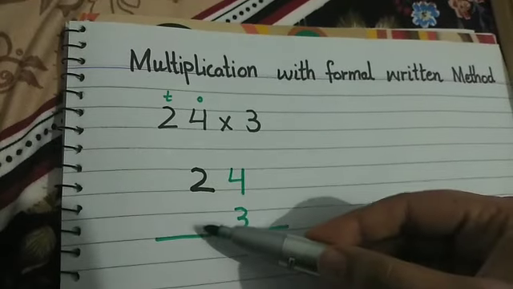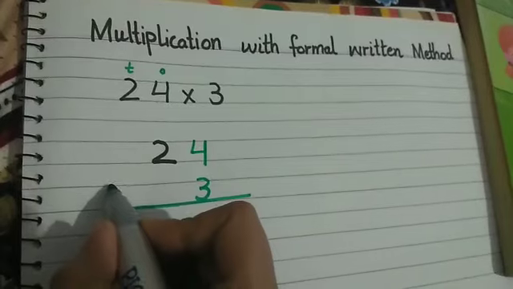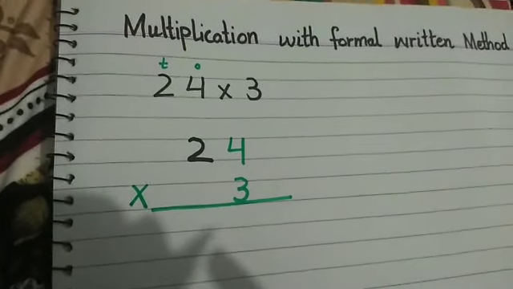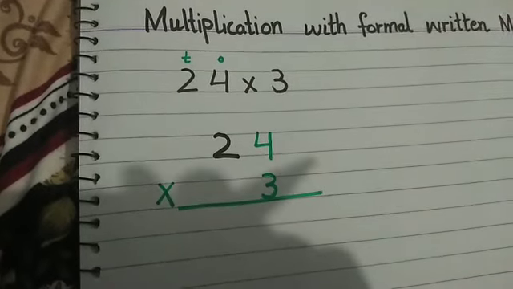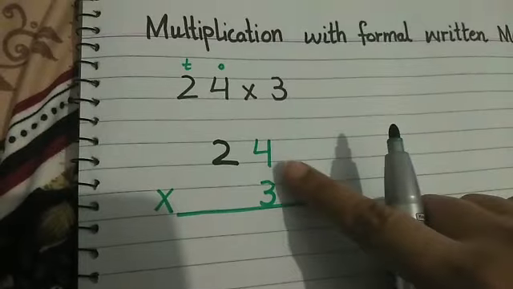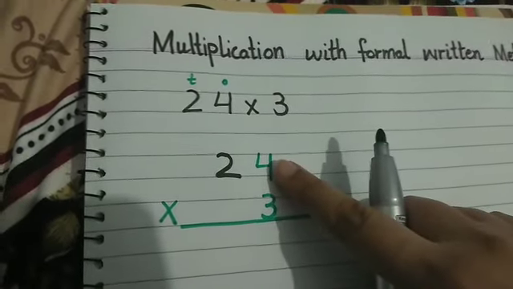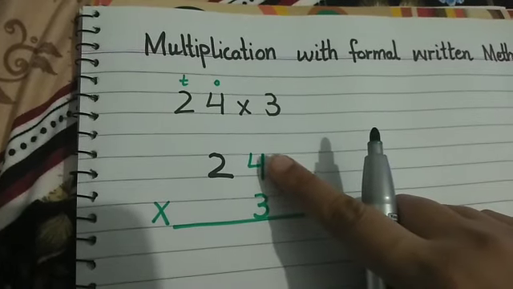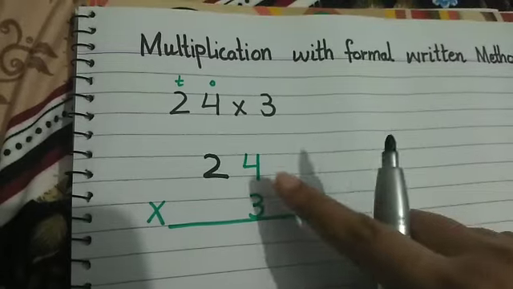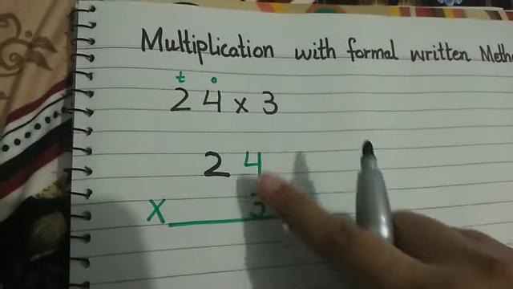There is no tens over here, so we are going to write here, and now we are going to place a sign of multiplication, that is times. How many times are we going to multiply? But as you know, multiplication is also called repeated addition. So 3 times 4 means that we are going to add 3, four times. We can also do it as 4, three times. That is multiplication. When we multiply two numbers, these two are called factors.